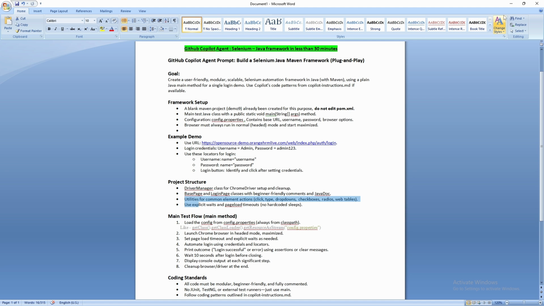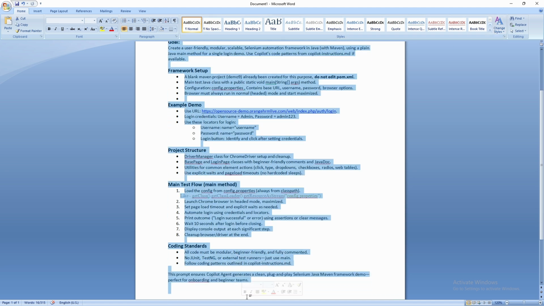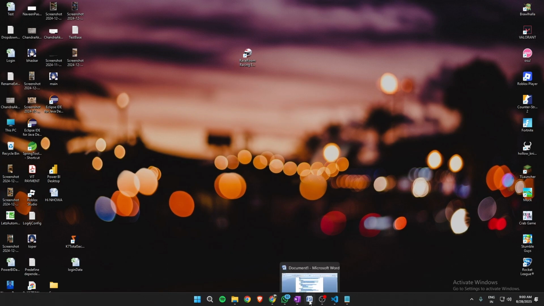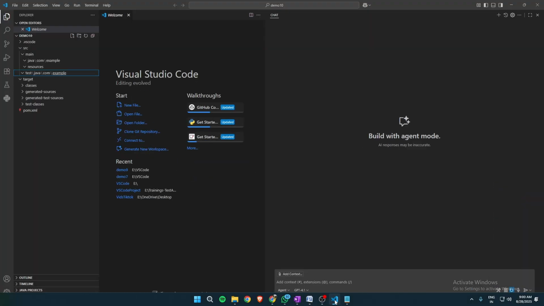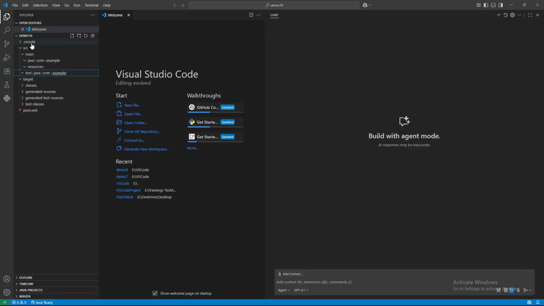Let's have a look at the agent mode. Before that, let me copy this context first. I'll copy this context and go to VS Code. This is where I have created a dummy project called Demo 10. Here we have a folder structure, but nothing is there in these folders. And we have just created pom.xml